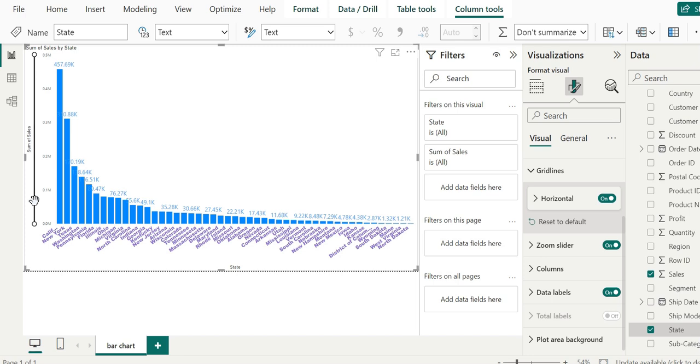So that we can add a zoom control and see the change in our visualization.